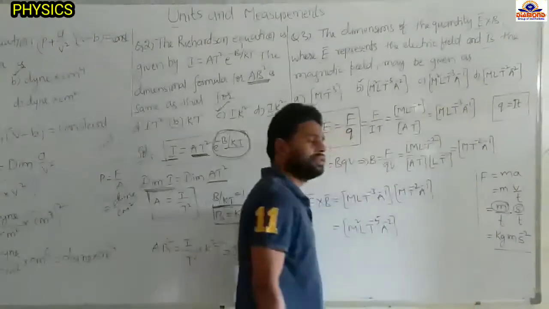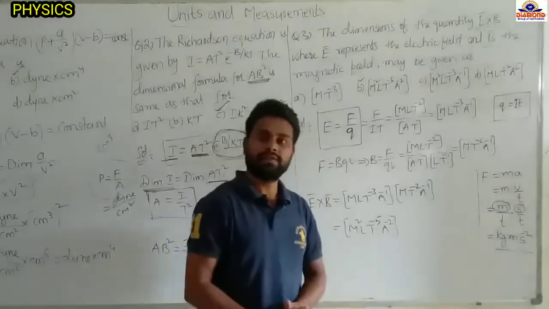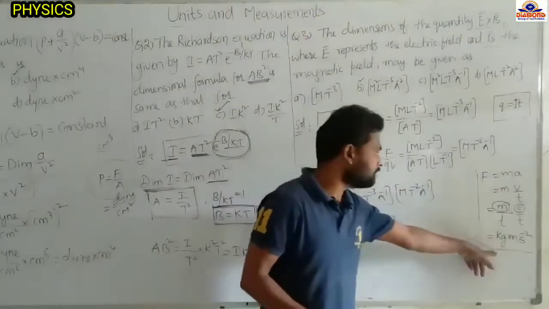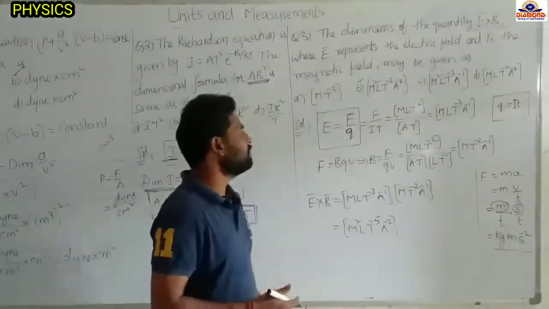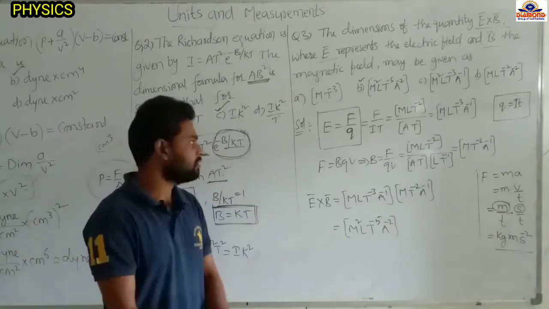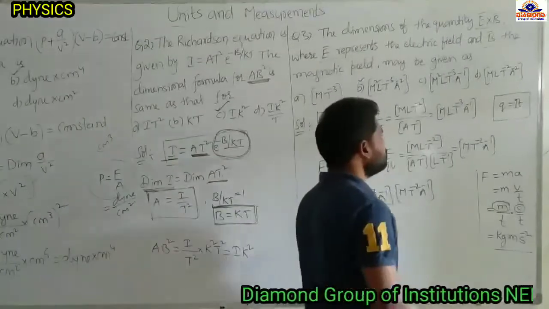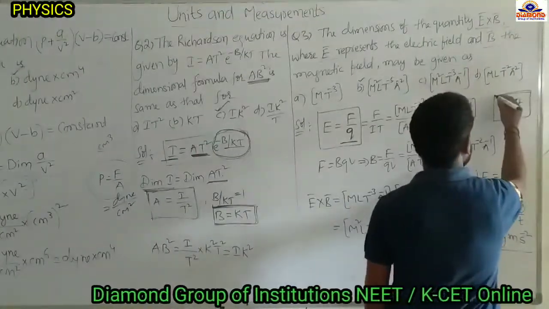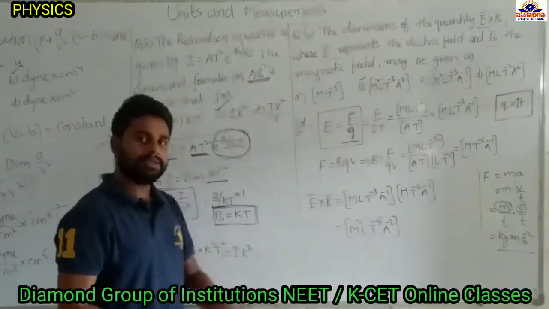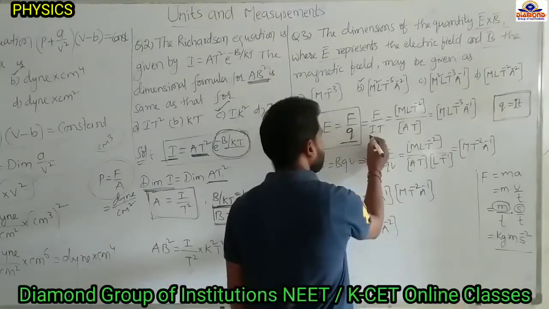So like this we have to find the dimensional form. Any physical quantity we have to express in terms of the fundamental physical quantities. So here I expressed the force in terms of the fundamental physical quantities. In the same way we have to express all the physical quantities in terms of the fundamental physical quantities. So charge is not a fundamental physical quantity, but we know the charge formula is Q equal to I into T, current into time. Current is a fundamental physical quantity, time is a fundamental physical quantity. So here I am writing Q equal to I into T.